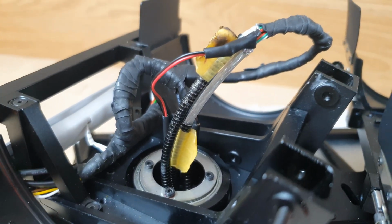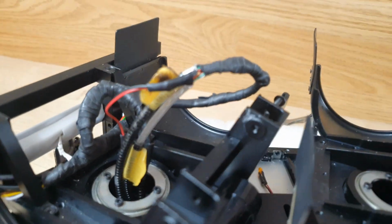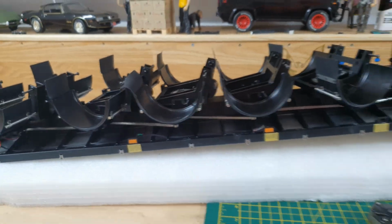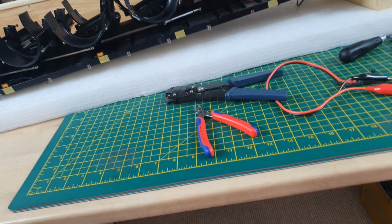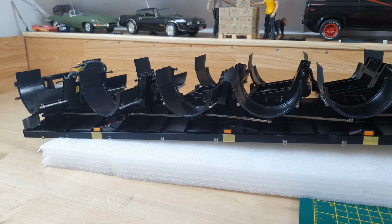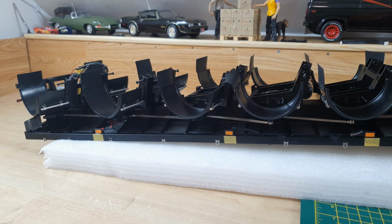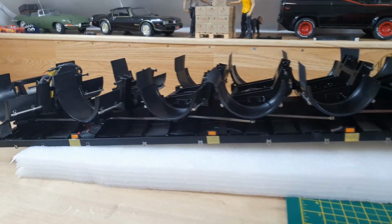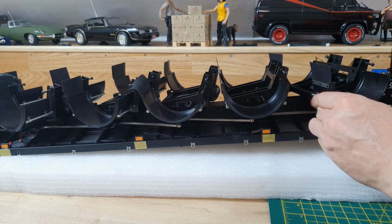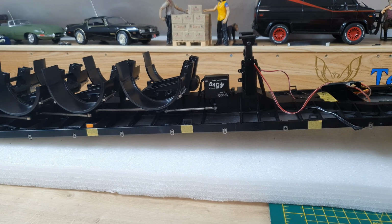Now I'm going to wrap all that in and see how it goes from the front. Let's just stick it back in the tripod. There we go. And so now the moment of truth. That just needs to go down there,